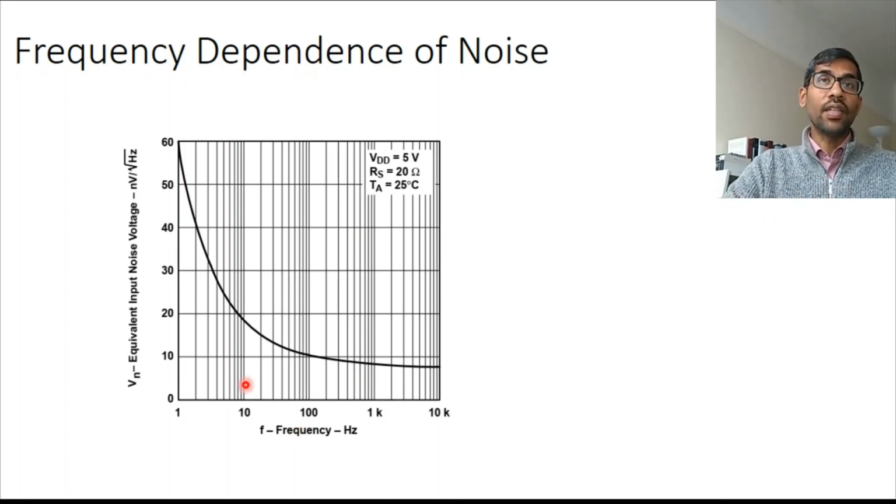For example, in this particular op amp, you can see that the noise is quite high near zero frequency, at very low frequencies, while at very high frequencies, the noise is quite low. So you may say I can use this op amp for this particular range, but probably not for this low range. What you would, of course, find is that most op amps have this characteristic. So you'll just have to compromise, and